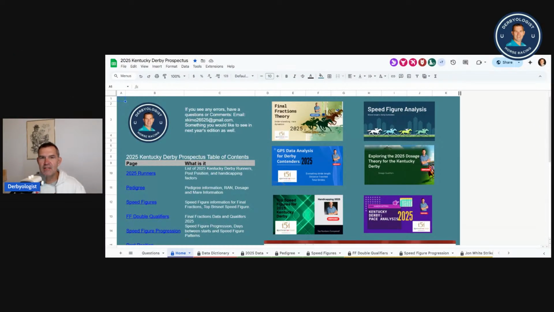This is our master spreadsheet of all of our Derby data for new people to horse racing and learning how to handicap the Kentucky Derby. Getting some of the data out there so you can do some of your own handicapping and just enjoy the